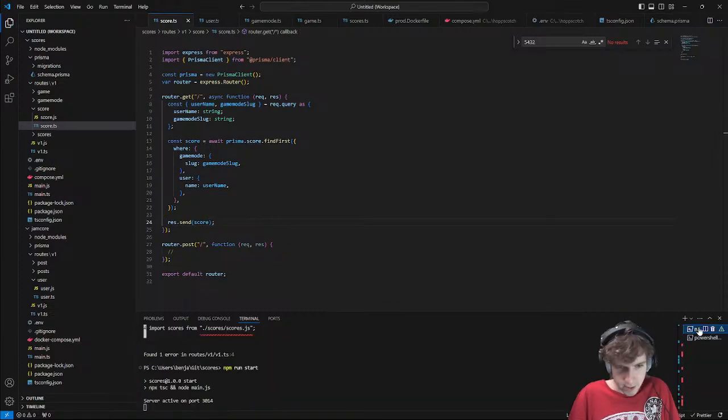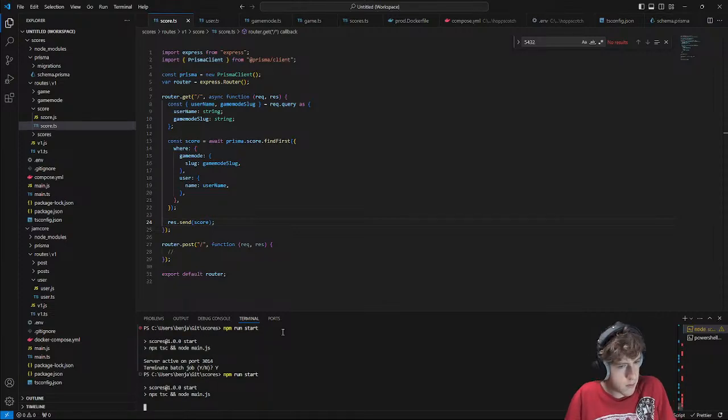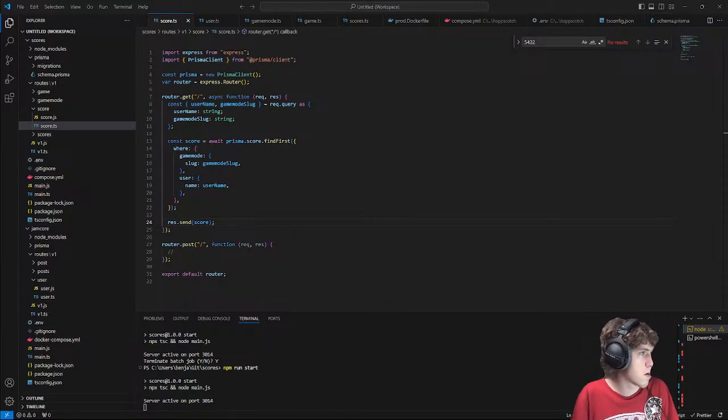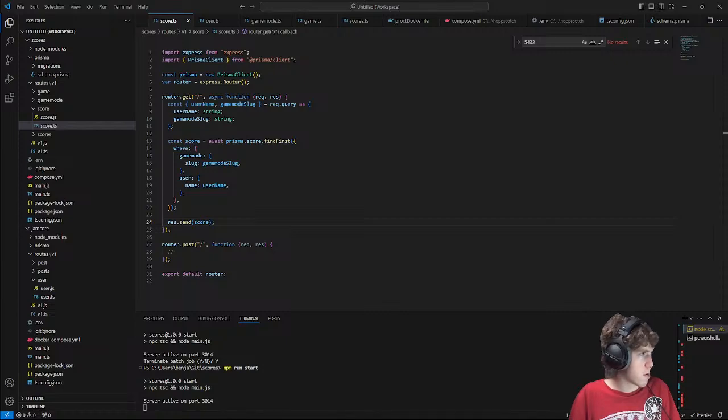So now I rerun this. If I go to the site, localhost 3014, it gives me cannot get root, which makes sense.